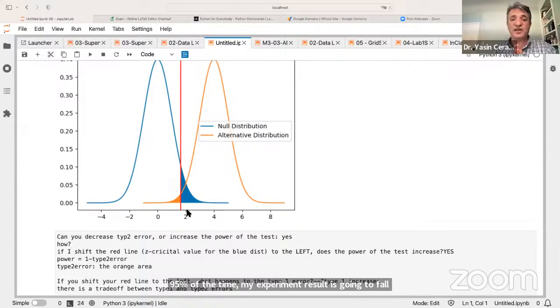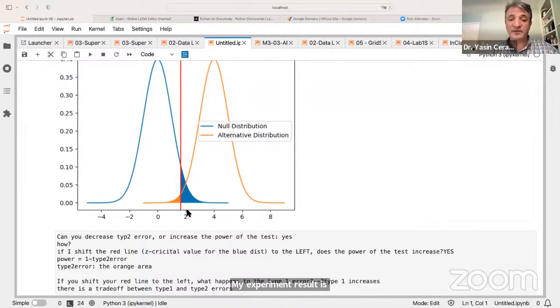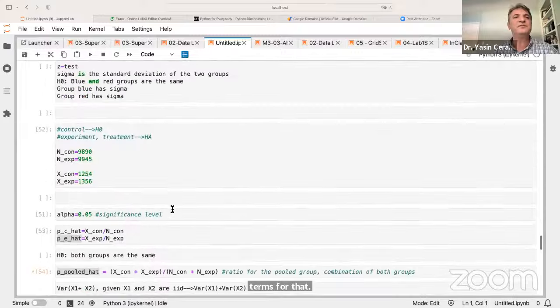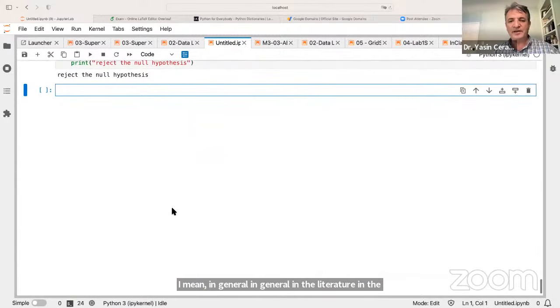What I'm trying to say is, can we find a confidence interval so that when I repeat this experiment a million times, my experiment result 95% of the time will fall within that range? We're going to find that confidence interval. In general, in the literature and in the industry, we mark our confidence interval by going to the left and to the right of